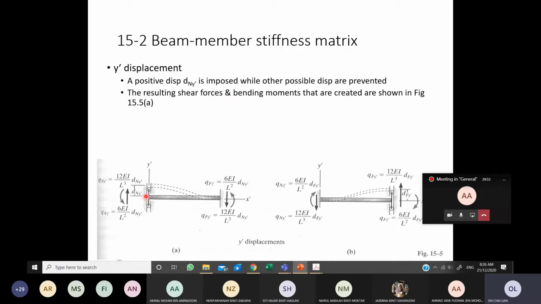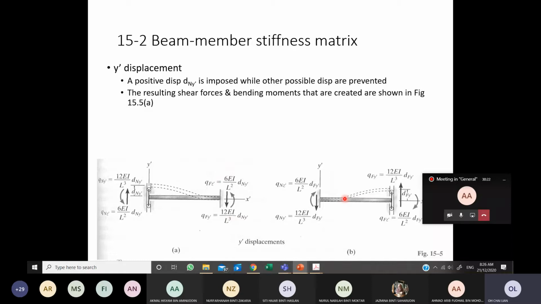Okay, they're acting at the near end and also the far end. You can use many methods to get this answer, for example, slope deflection method, virtual work method. But it will be a long calculation if you are doing it. You have tried it, right? But the concept is you are releasing the y displacement, and you get the shear force and bending moment